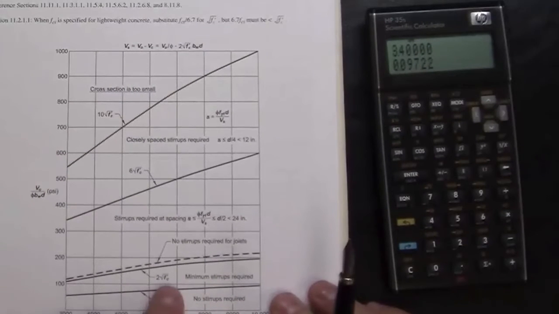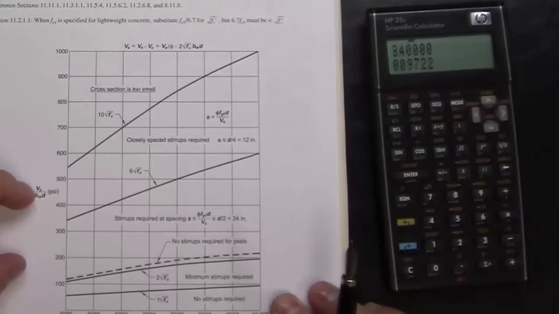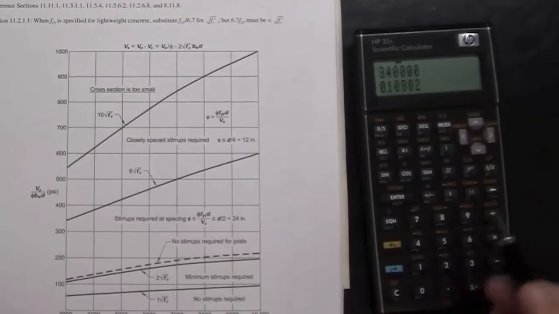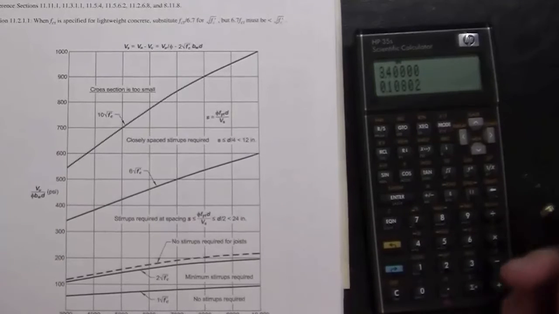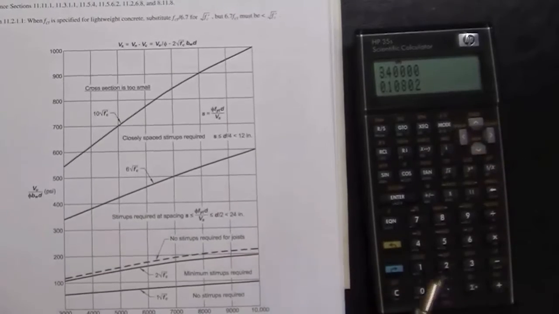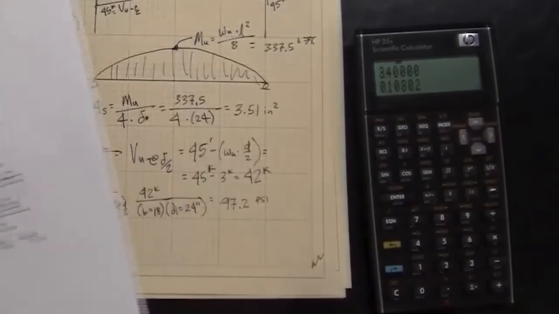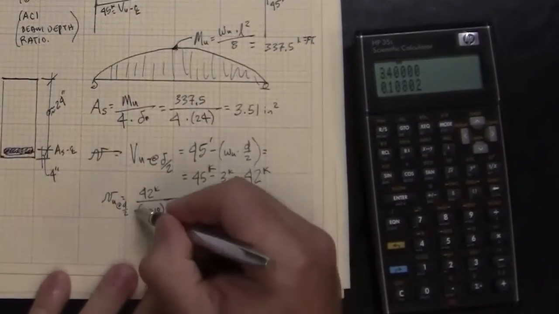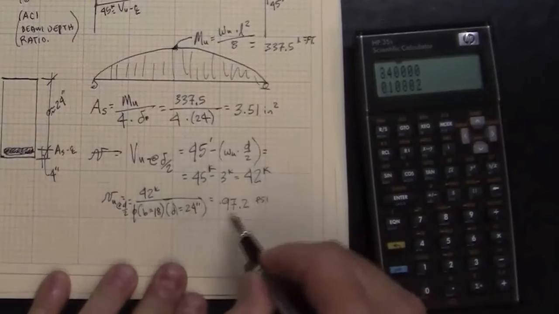So a key point, I'm already seeing that my Vu over phi bw, and I'm going to factor out the phi, my loads right now are right around 108 psi. If I were to add the phi in at the bottom,